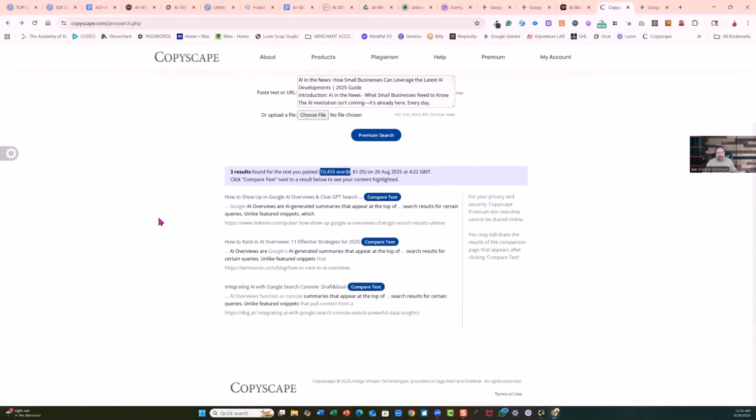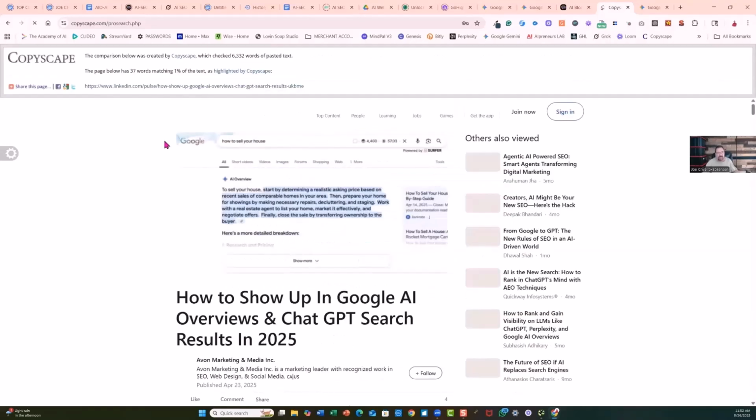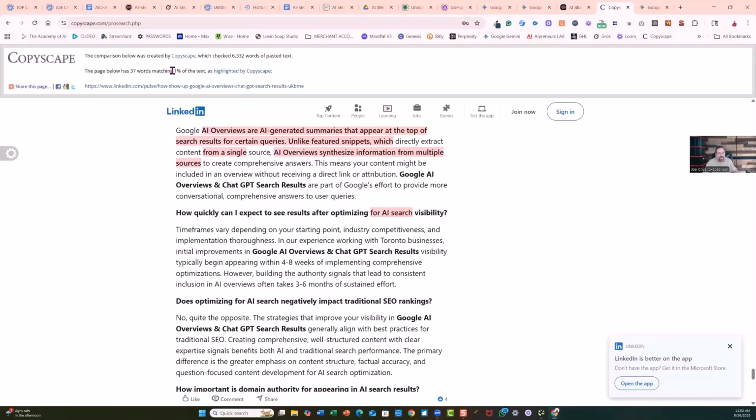And so when I start comparing text, a lot of companies say you don't want to be more than 10% duplicate content. I like being under 5%, so I always strive for under 5%. And if it's above it, if it's 6%, I'll do something like change some words so I'm under 5%. So let's check these. There's 3 right here. As you look at this, and those of you that understand this, it's 1% right here. 1%, 37 words, right? 37 words is all that's matching out of all the words that my blog produced, okay?